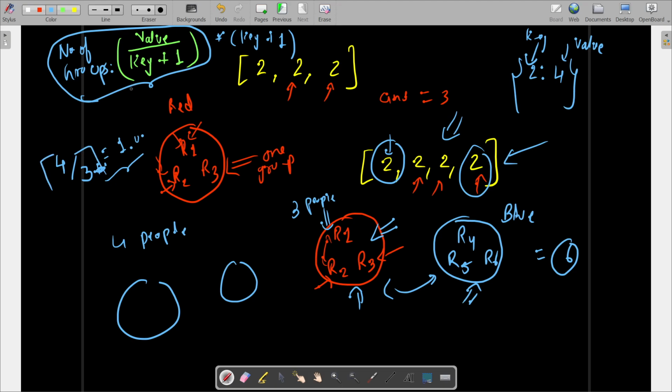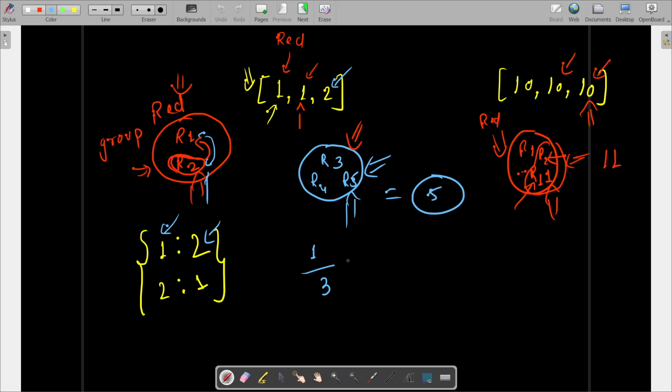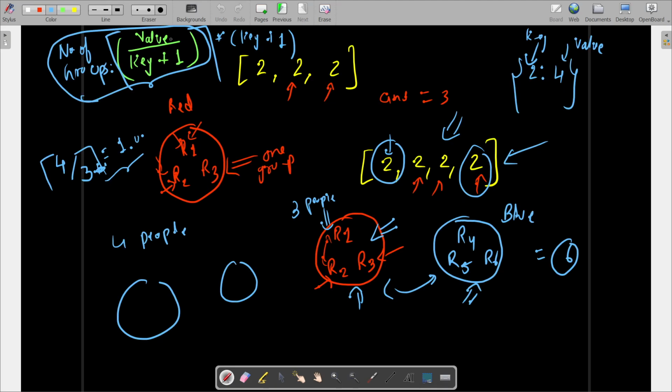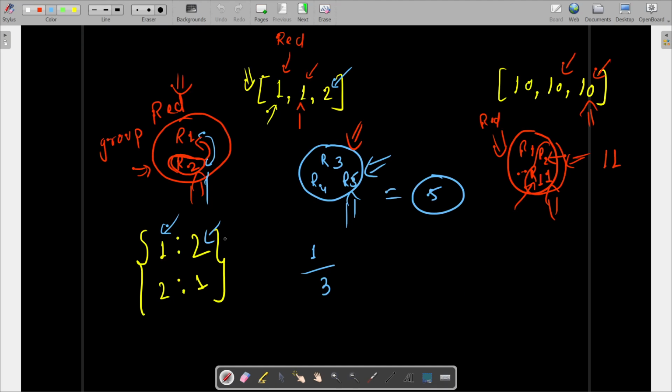Okay, so in order to calculate groups, we will take the ceiling function, because there can't be half a group. If we are getting something after the decimal point, then that should be in a different group. That's what it indicates, and that's why we need the ceiling function. So what we will do is just apply this formula here: my value is 2 in this case, divide by the key. Key is 1, and each group contains 1 plus 1, so 2, and we have to take the ceiling function